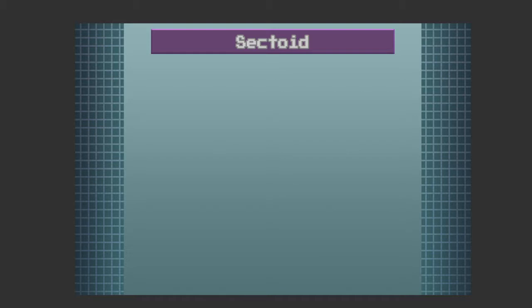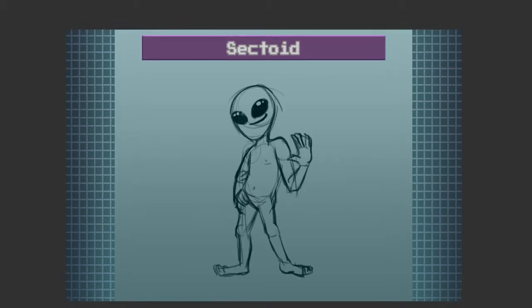Here goes. Right, XCOM, number 1, Sectoid, simple, boom, there we are. Full disclosure, this was my warm-up drawing. This is a fun Sectoid. Now, let's do a different one. Right, how are we going to do this? They're a bit sort of shorter and fatter than I drew in that one, so...